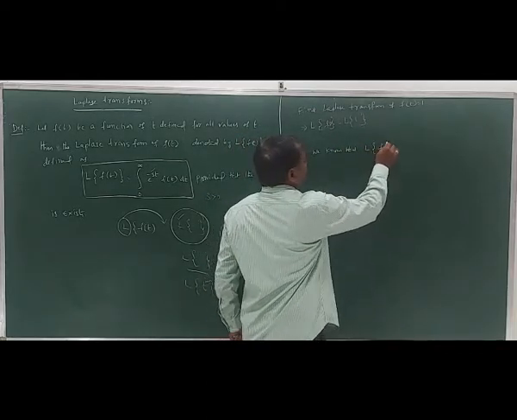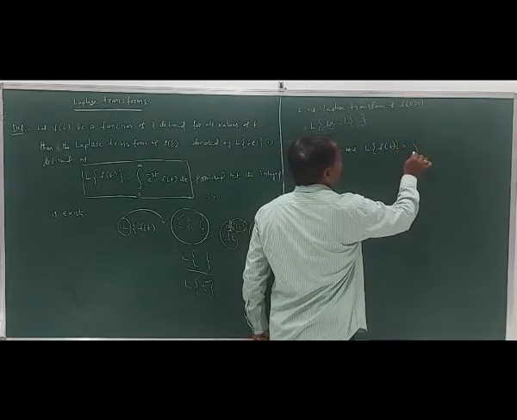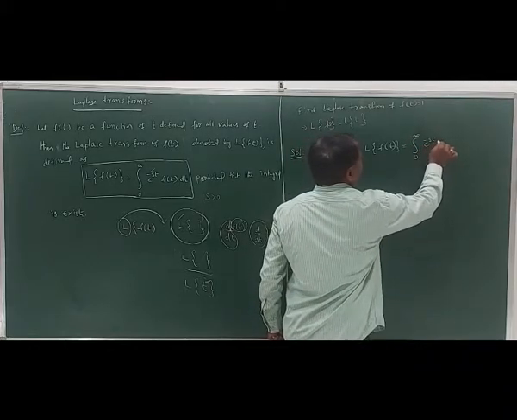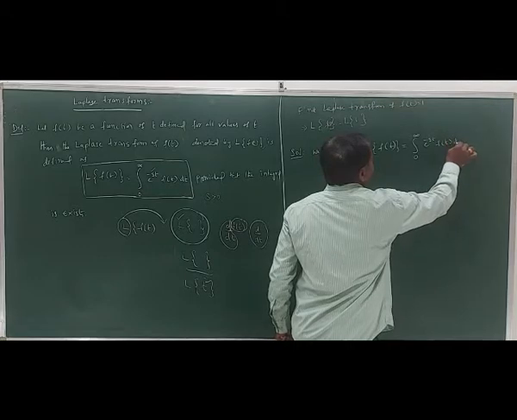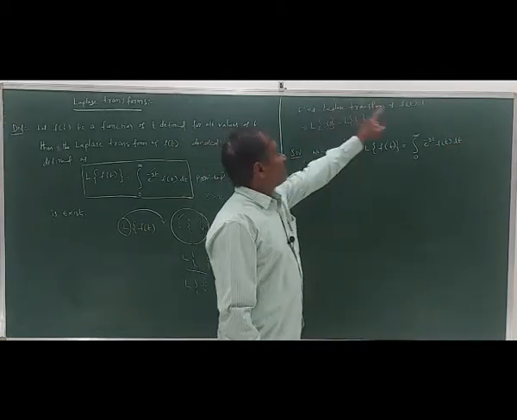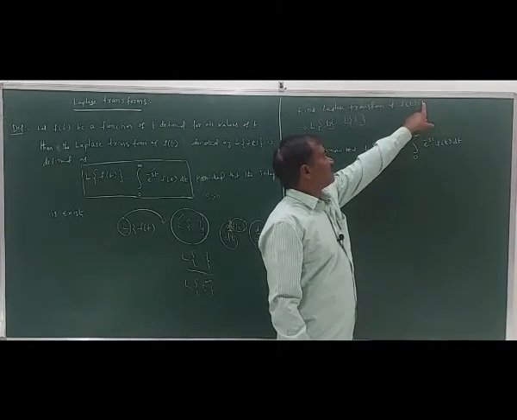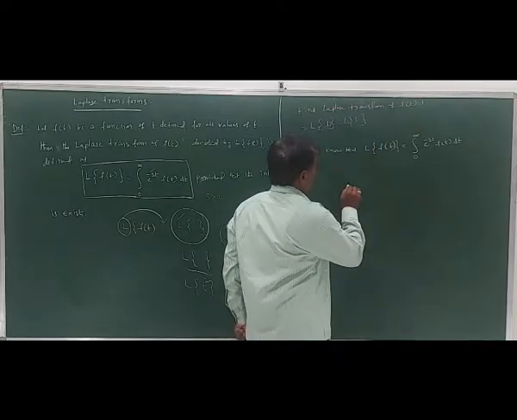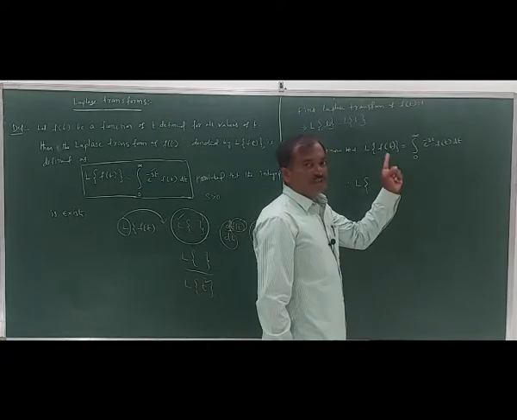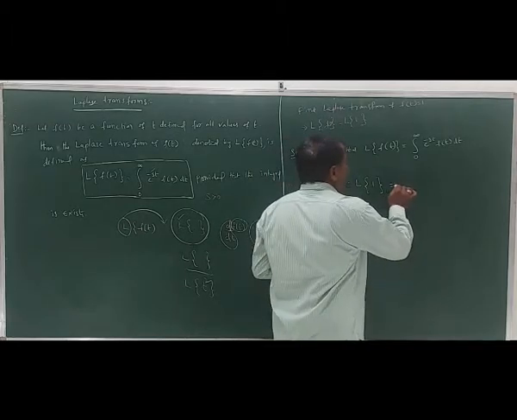the Laplace transform of f of t definition. What is the definition here? The Laplace transform of f of t equals the integral from 0 to infinity of e to the power of minus st f of t dt. Here the question is to find the Laplace transform of f of t equal to 1. In this definition, f of t is replaced by this value. So the Laplace transform of f of t, what is f of t here? f of t equals 1. We have to substitute f of t equal to 1 on the left hand side as well as the right hand side.